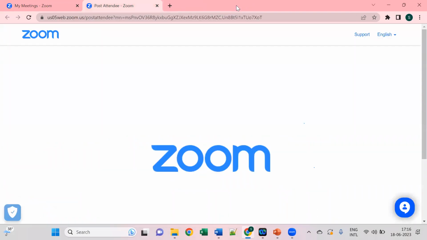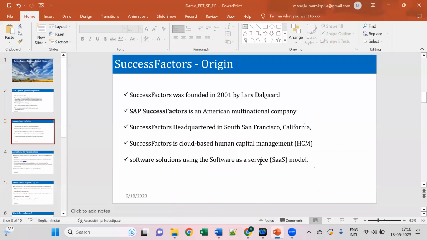But for now, we need to know that, yes, even if you are using a cloud database, the data is going to be stored in some place. And that will be taken care of by SAP to maintain the data centers and to provide the security. Everything will be taken care of by SAP, and it is not a burden for us.